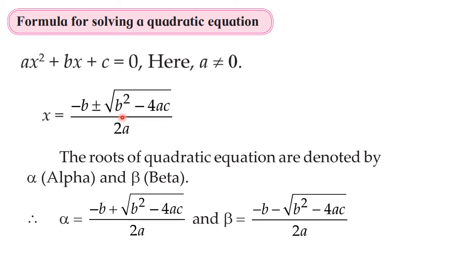But now what you have to keep in mind are the steps to solve the quadratic equation by using formula. The first step, check whether the given equation is in standard form or not. If it is not in standard form, convert it to standard form. Then find the value of b square minus 4ac. Then write the formula, substitute the values, and finally write the two solutions separately. At one place you have to take the plus sign and at one place the minus sign. So in short, you write down this.